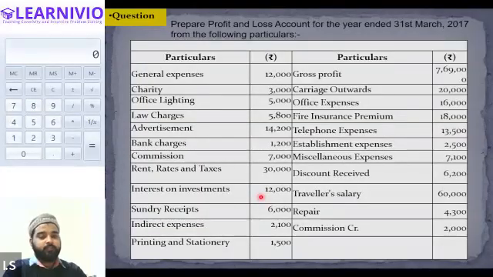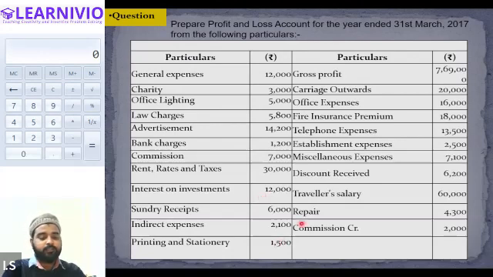All right, perfect. If the question specifically mentions that it is a commission received, then only you will consider it as income. Number one, the question will specifically mention commission received, then it will be treated as an income. Secondly, if commission received is not given, it may be given in this format: commission, credit balance of the commission. In that case also this will be considered commission received. Then only you will record it on the credit side of the profit and loss account.